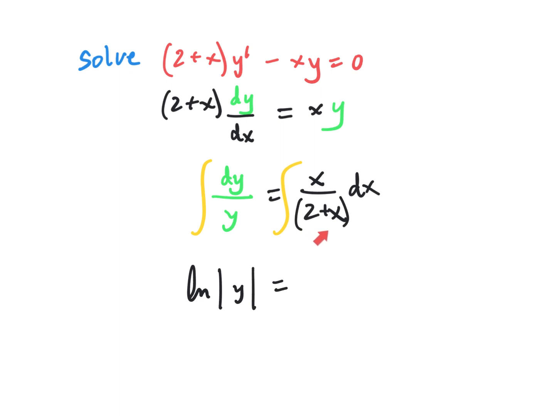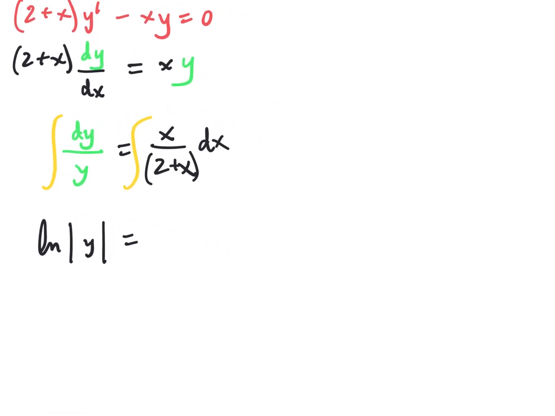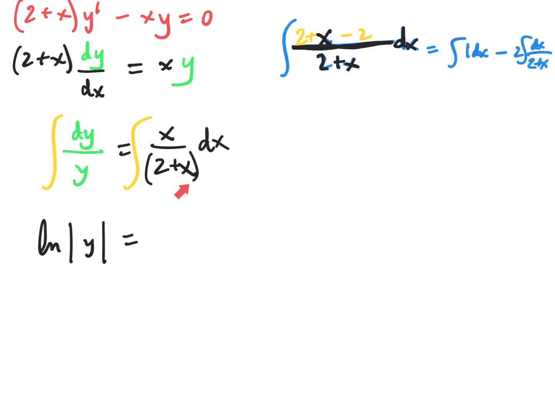And we talked about 3 different ways of approaching an integral, like this one on the right. Here are the 3 ways we can attack that integrand. One way is to add 2 and subtract 2. And then we essentially have this over itself minus 2 over 2 plus x. And so that over itself is 1 minus 2 over 2 plus x, or 2 of those. And so we get quickly 2x minus 2 times the natural log of the absolute value of 2 plus x